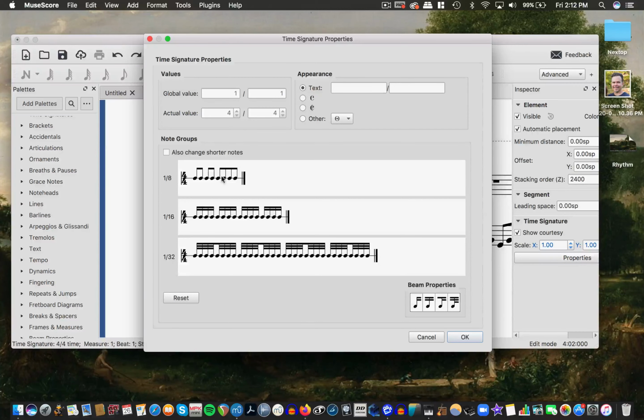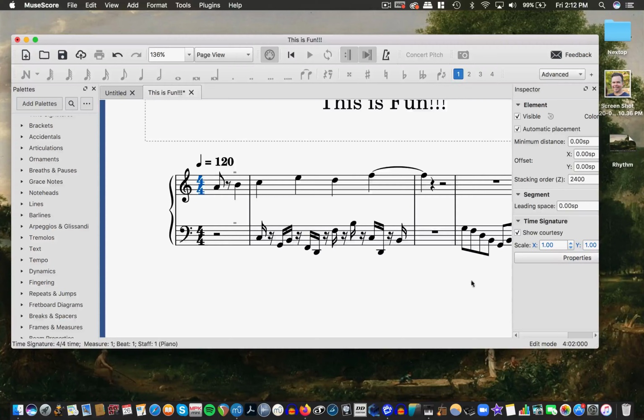So if you just click on the note that you want to start the new beam, you can do that. If you want to rebeam it, you just click it again. But this is the way I would like to see it, and this is the way the textbook likes to see it. So a measure of 4/4 would have, if you had eighth notes in it, 4 groups of 2. So I hit OK, and